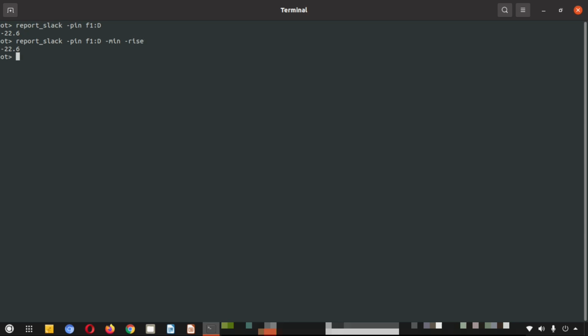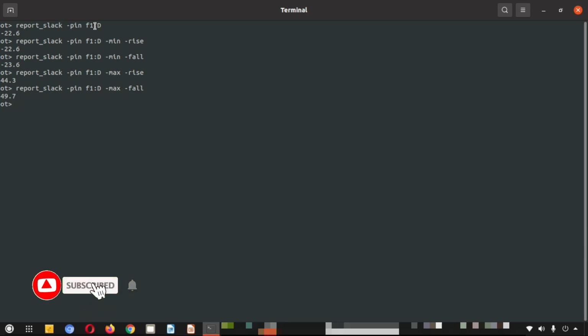So you can see that this value was already printed. Now it changes to fall. The value changed. Now I change max and then rise. Again you can see the value has changed. And here max with fall. So you can see if I am querying the slack of that particular pin, which is the data pin